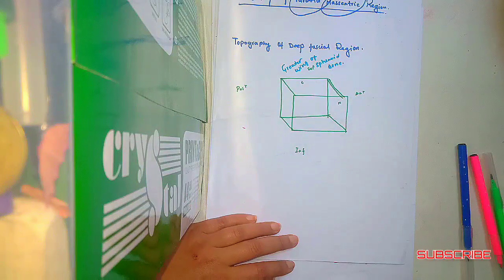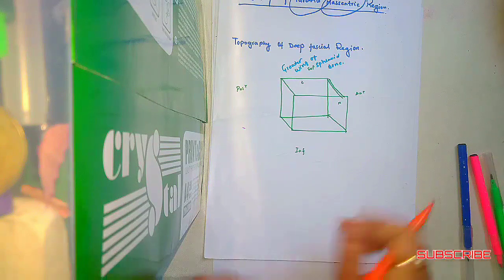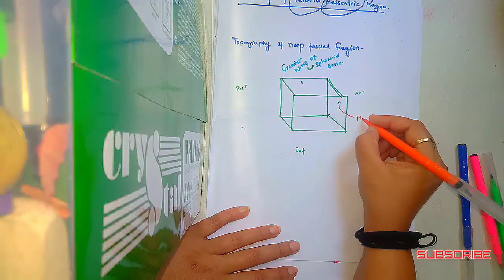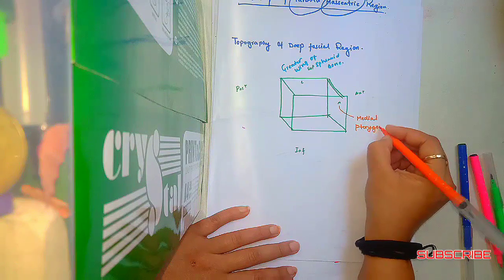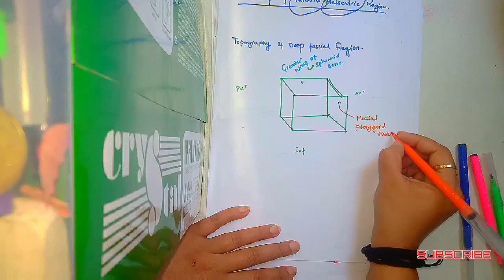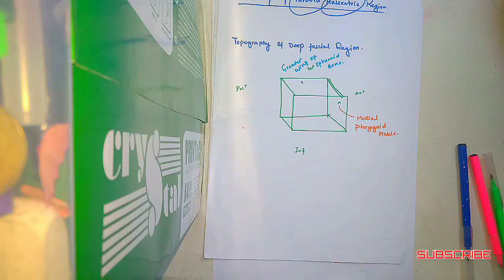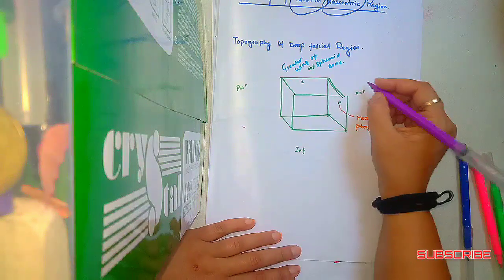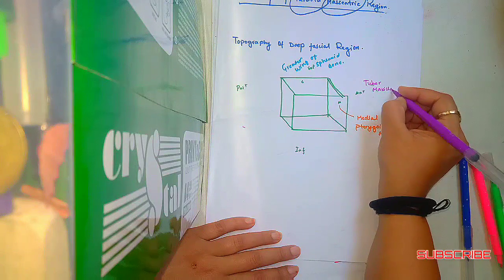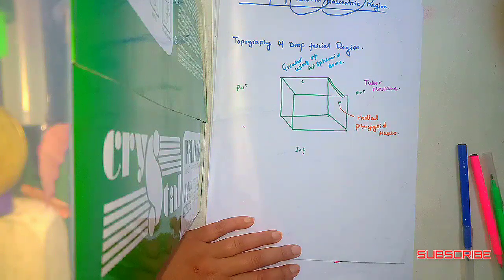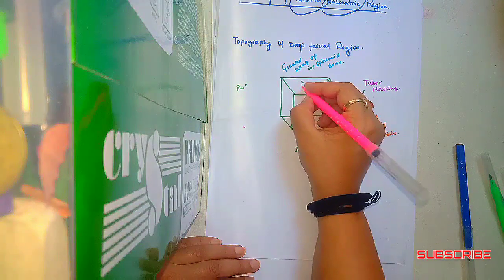On the medial side we have the medial pterygoid muscle. Anteriorly we have the maxillae, tuber maxillae. On the lateral side we will have the ramus of the mandible,